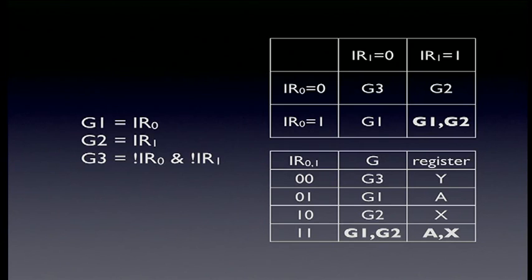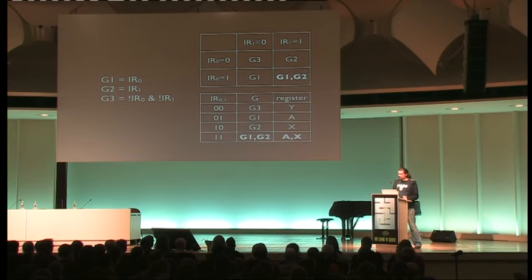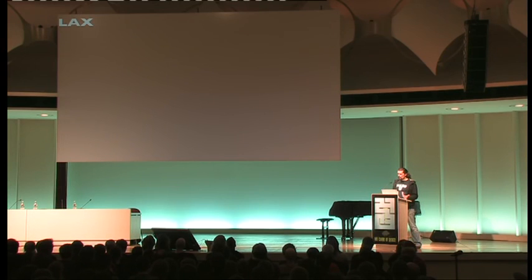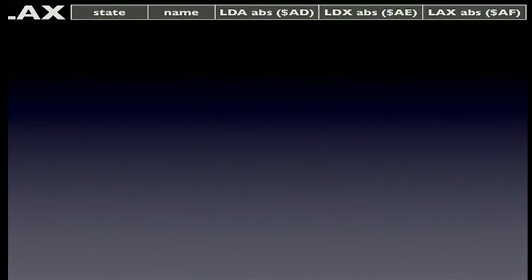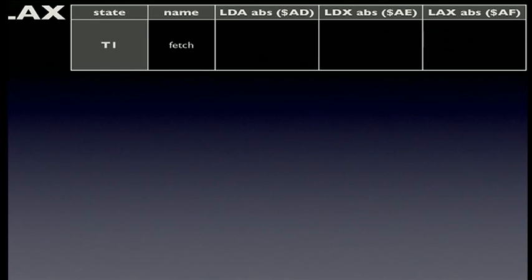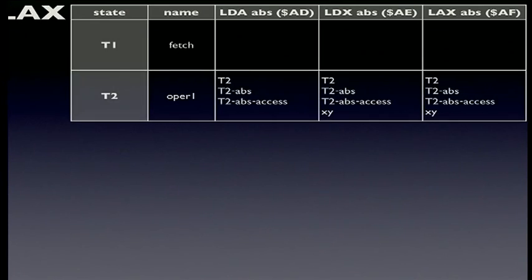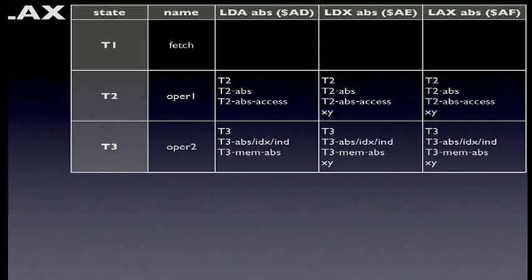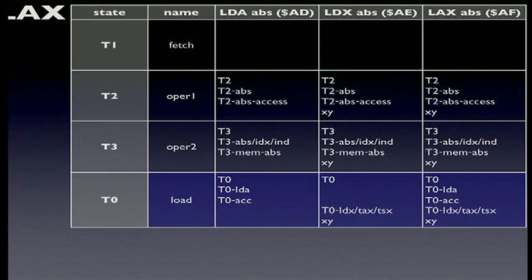In this 1-1 case, this is actually the case of G1 and G2 at the same time. So the A case is correct and the X case is correct. So if we go through step by step for an LDA, LDX, and LAX, you will see that in the first instructions, the LDA and the LDX do the same anyway in T1, 2, 3, but in T4, the LDA does something with A, the other one does something with X, and LAX is just true for both. So this is the store into the register. So it stores it into A or it stores it into X at the same time because both of these